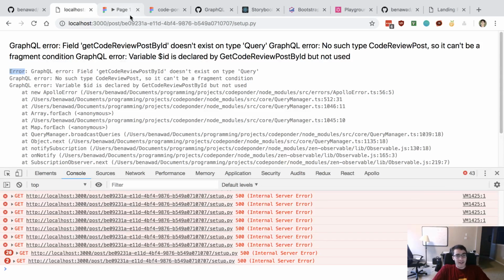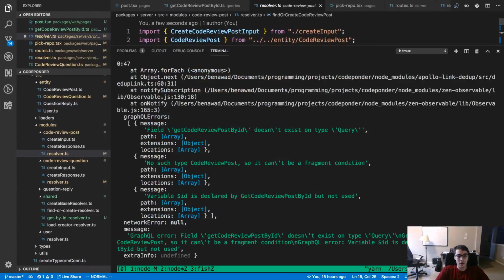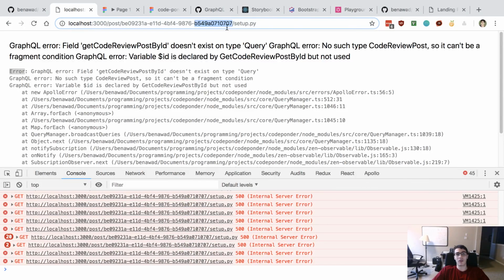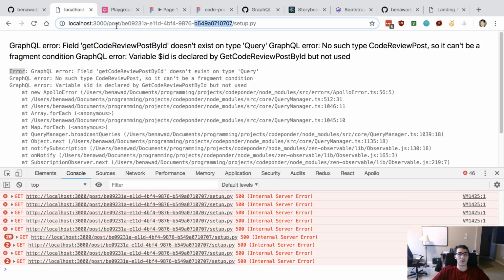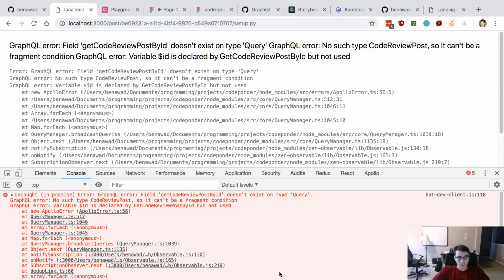All right, so let's figure out what the heck is going on with this. So my server is up and running. So let's copy that, paste that there. Still getting the same junk.